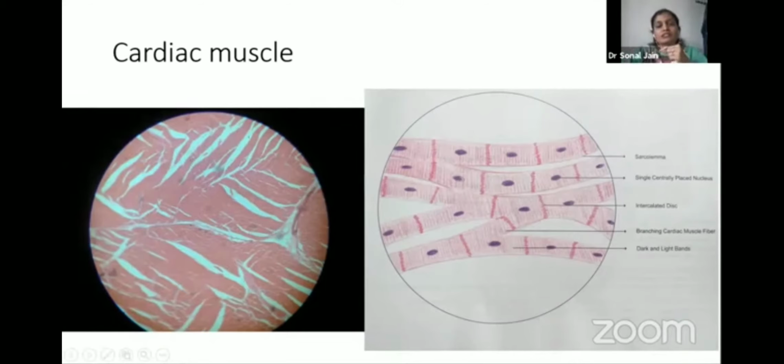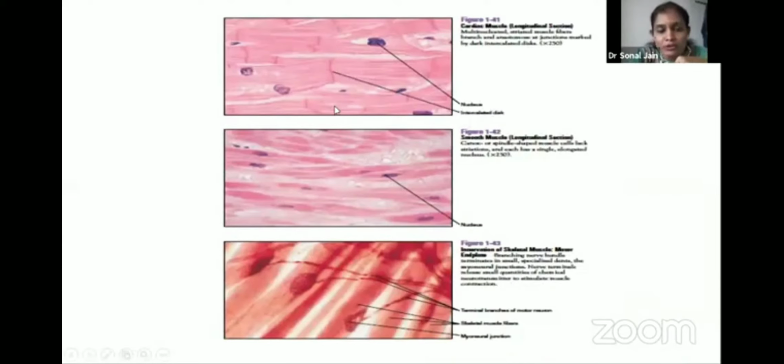Next I am going to show you these three pictures together. The first one is the cardiac muscle. The nucleus is in the center, and we can also see the intercalated disc here. This second one is smooth muscle cells. These are the visceral muscles, and they are long fusiform fibers, and the nucleus is present in the center. They are non-striated, there are no T tubules, and they are involuntary. They are mainly present in the intestine and internal organs. This one is the skeletal muscle. These are the nerve fibers which innervate the muscle.